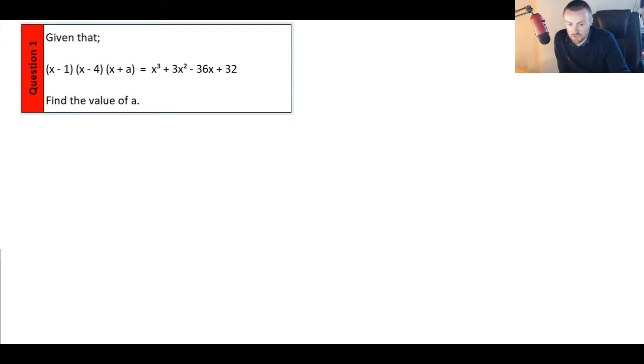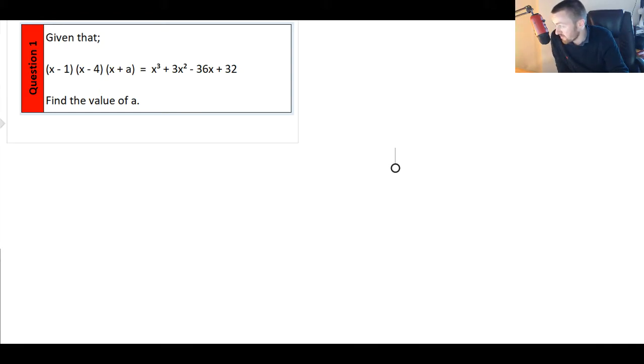So we're told in the question, it says, given that x minus 1, x minus 4, x plus a equals x cubed plus 3x squared minus 36x plus 32, we need to find the missing value. So this is the type of question where you're going to work backwards to find that value of a. You are going to need to